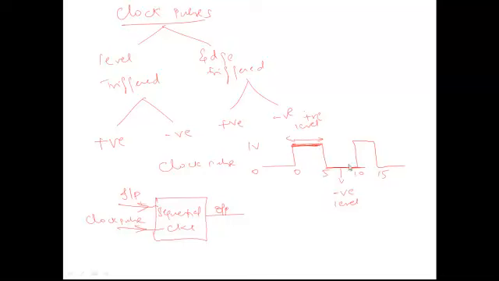Whenever we say negative level triggering sequential circuit, then this sequential circuit will be responding to any changes in input for this entire negative level between 5 seconds to 10 seconds. Whatever changes happen in the input, the corresponding changes will happen in the output also, because as long as the clock pulse is active. For positive level triggering, at all the positive levels the clock pulse is active. For negative level triggering, at all the negative levels the clock pulse is active.